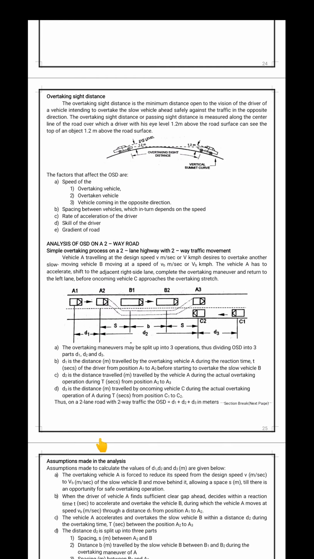If there is no vehicle, he can accelerate his speed and take the overtake. But the overtaking sight distance is what we need to design the road for,